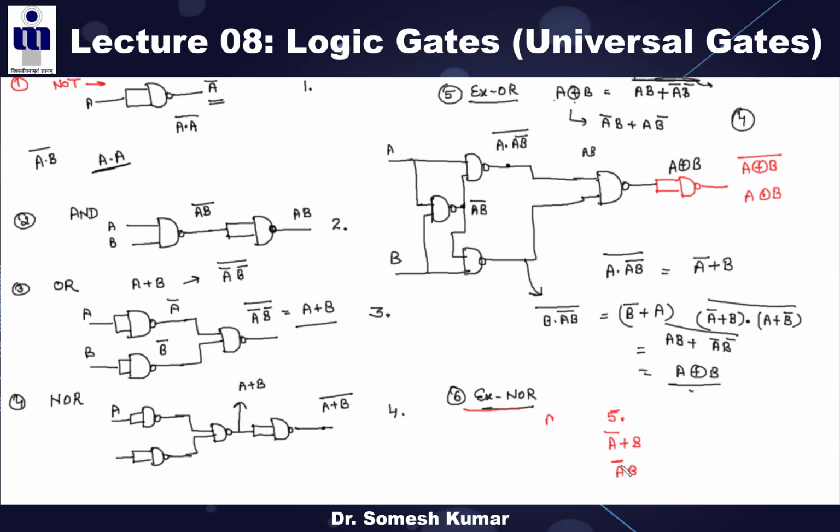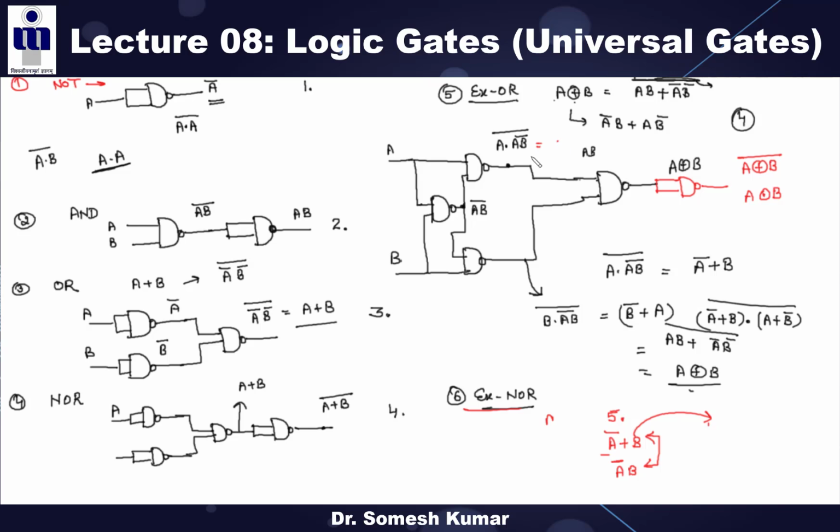So now I already told you in some previous lectures, A bar plus B and A bar B, these are your universal functions, right? So now to design this A bar plus B, how many NAND gates are used? I can ask, what is the minimum number of NAND gates used to design A bar plus B? This is your 2.